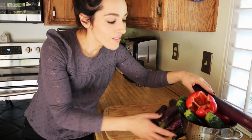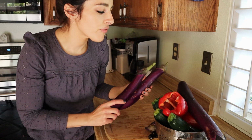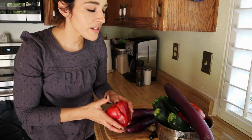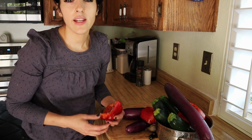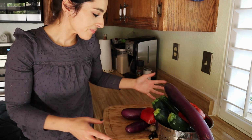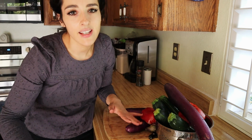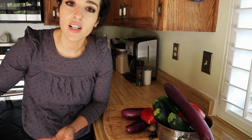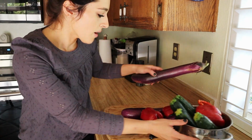All right, I got everything washed, and what I'm gonna be doing with all of this beautiful fresh produce is roast it. When you roast vegetables, they become so concentrated and just full of flavor. And it's so simple because you just pop it in the oven and that's it. You only need to turn it once and you have the most delicious meal. You can make a lot of it and store it in the fridge and just eat it for lunch all week. So all of this is gonna get chopped up